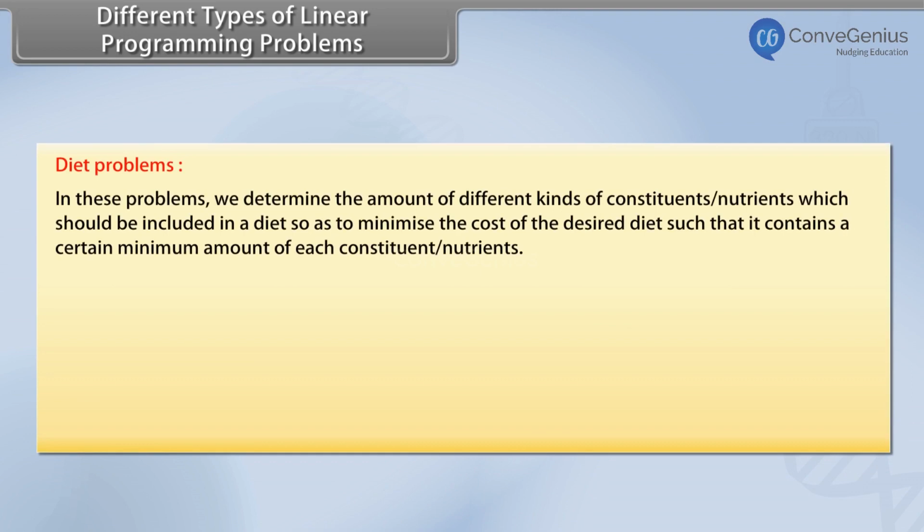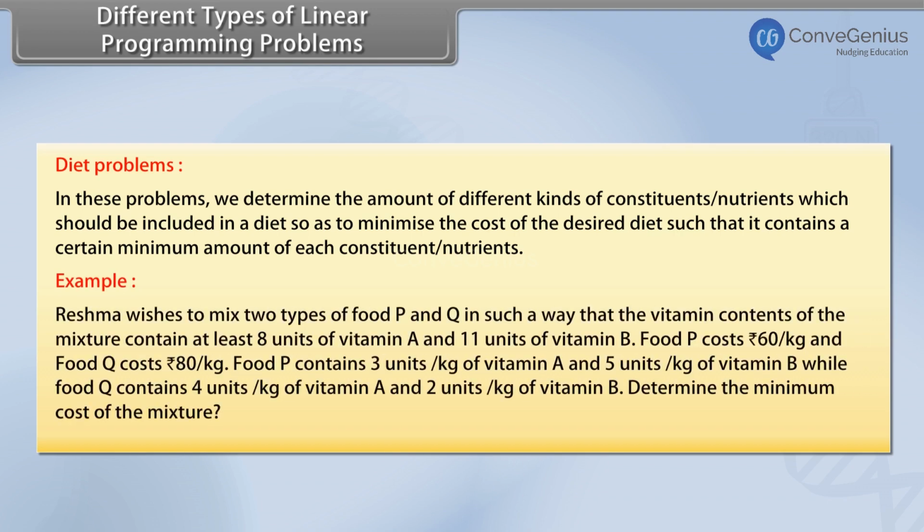In these problems, we determine the amount of different kinds of constituents or nutrients which should be included in a diet so as to minimize the cost of the desired diet such that it contains a certain minimum amount of each constituent nutrients. Example. Reshma wishes to mix two types of food, P and Q, in such a way that